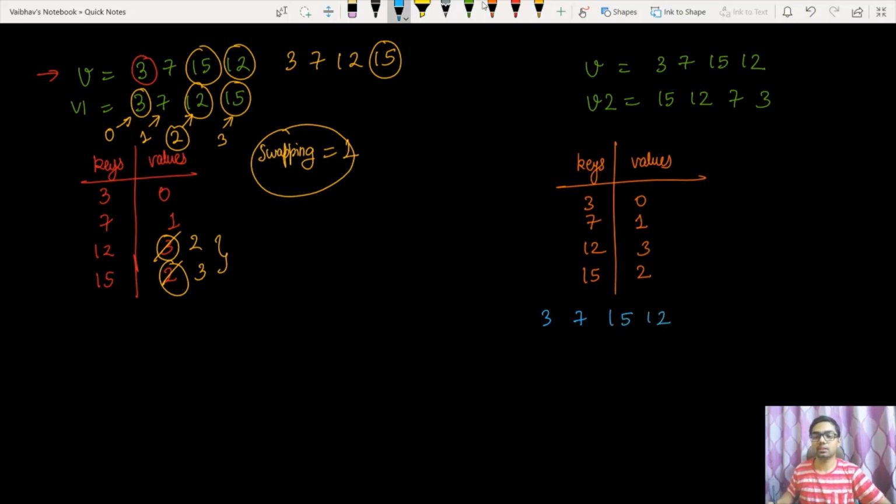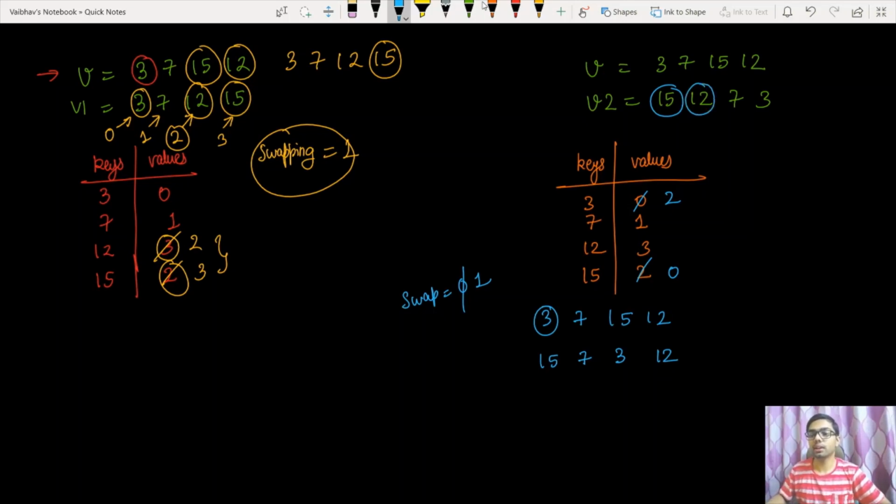And I'm going to check the element present at the 0th index. It is different, so we'll swap them. So indices get swapped here inside the map, and we also need to swap them inside the original array. So now my new array becomes this, and my swap variable is also incremented by 1.